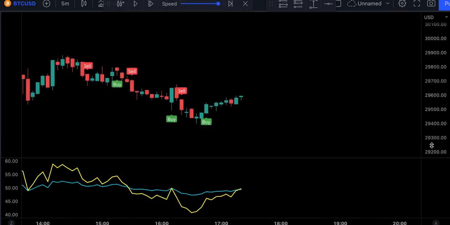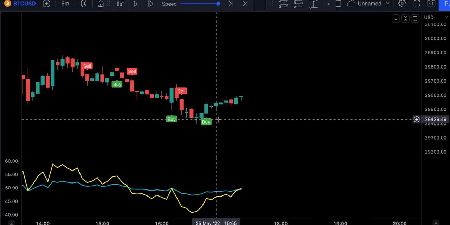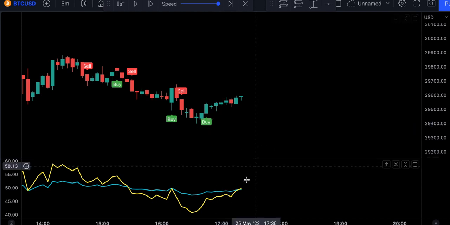Okay, we're only going to be looking to buy if we have a new buy signal issued by the Chandelier Exit indicator. The next condition will be to have a new bullish cross on the RSI indicator, which means the yellow line has to cross above the blue line. This cross can either happen at the same time the Chandelier Exit indicator issues a buy signal, or it can happen a bit later. We see here we just got a cross,